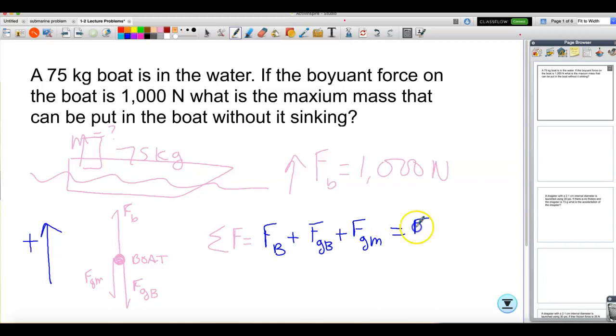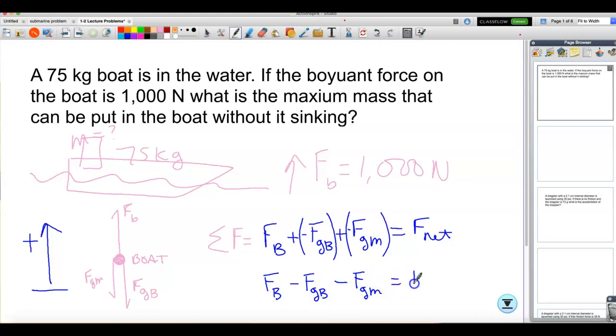When we add all those together, that's the net force. Remember, we said positive was up, so gravitational force is going to be in the negative direction for both of these weights. So the buoyant force minus the gravitational force of the boat minus the gravitational force of whatever mass we put in